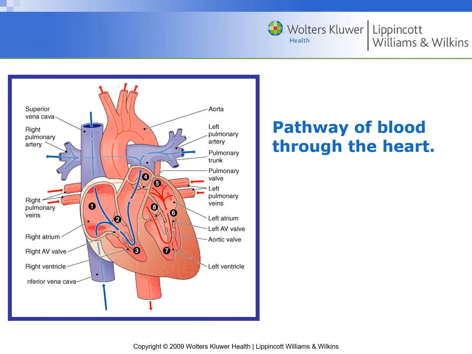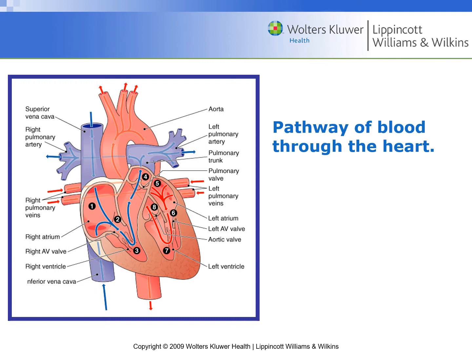Okay, so this is tracing the pathway of blood through the heart. I just mentioned it, so we'll just diagrammatically follow the pathway. So first, of course, the blood enters here, which is the right atria, goes through to the right ventricle, then it goes to the left and right pulmonary artery, goes to the lungs, gets oxygenated, is returned via the right